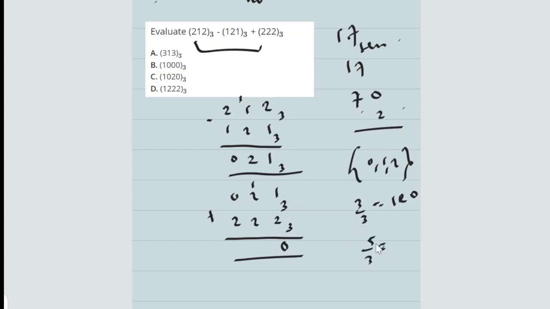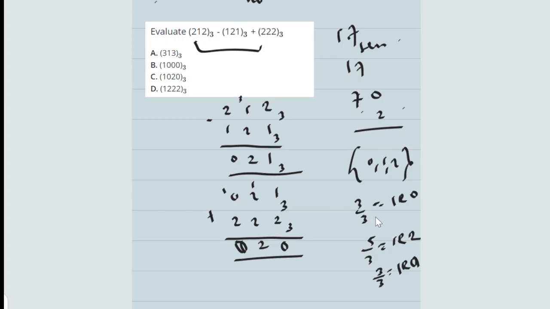How many 3s are we going to see in 5? That is 1, remainder 2. Then you write 2, you keep 1 again. So 1 plus 0 is 1, 1 plus 2 is 3. And we must not have 3 or numbers greater than 3, so you still convert it to base 3. How many 3s are we going to see in 3? 1, remainder 0, sorry. So you put the 0 here.